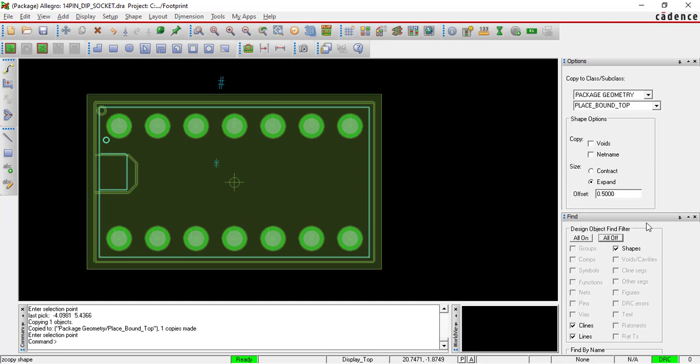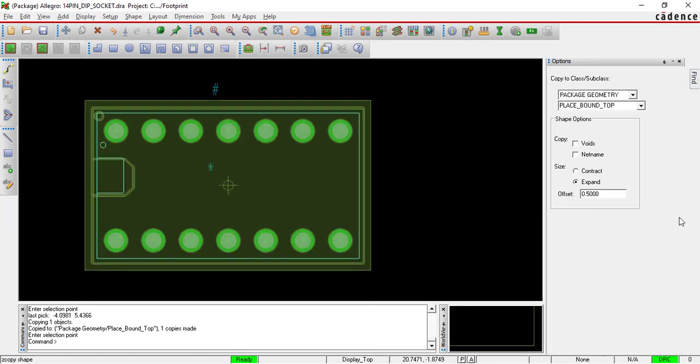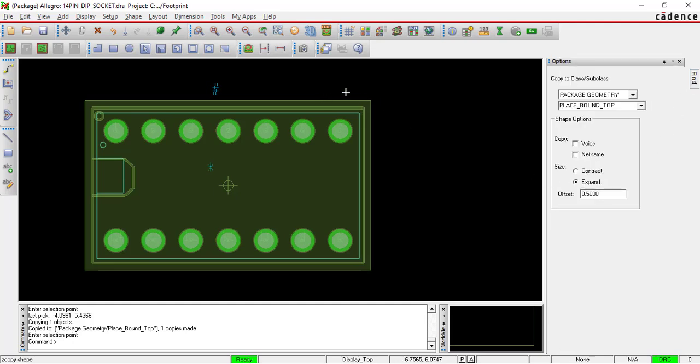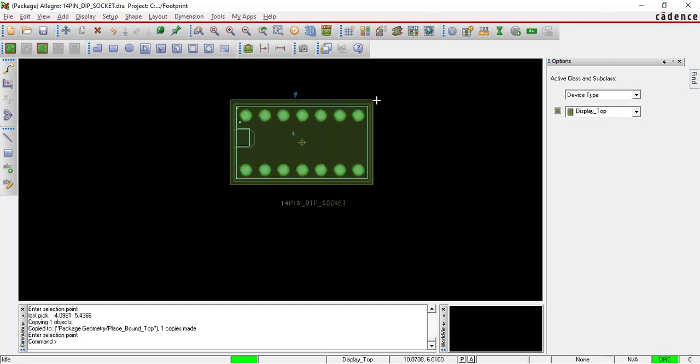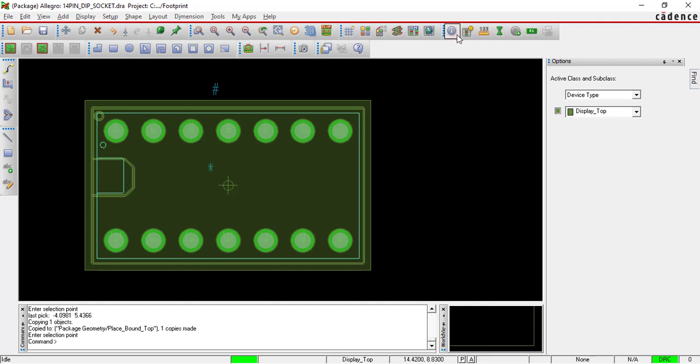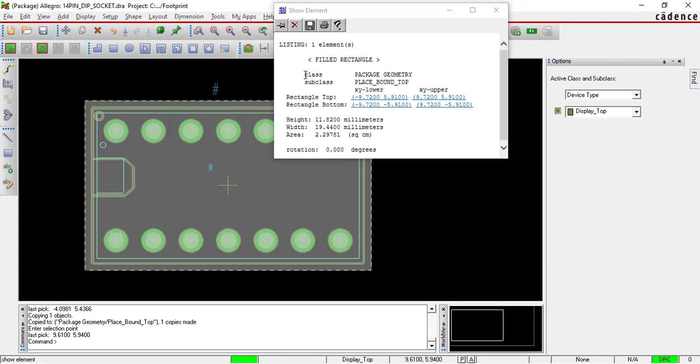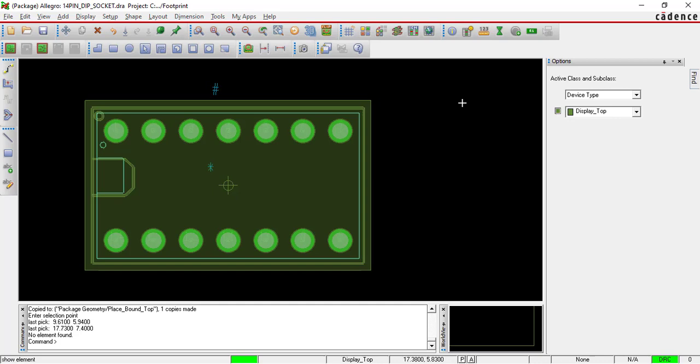Done it. Now if you want to verify it, click on I button, click here, it is written class package geometry, subclass place bound top. Okay, now just change the color.